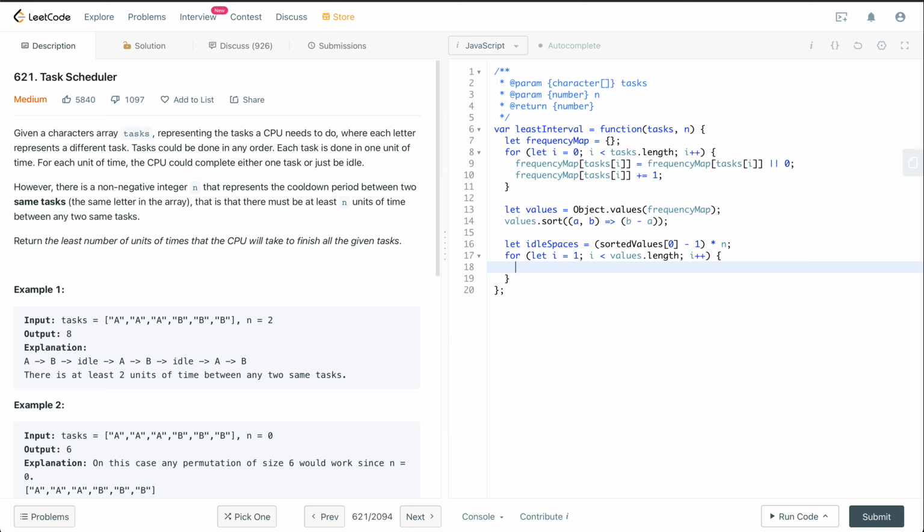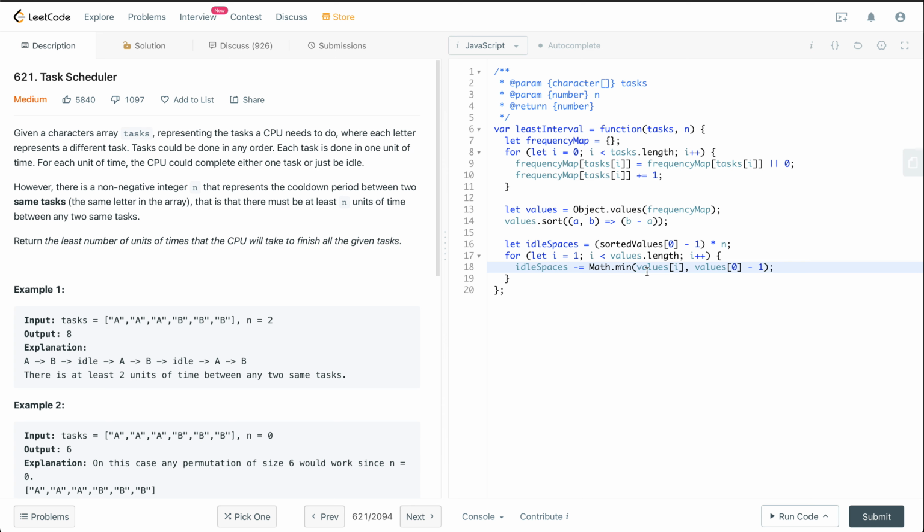So now we'll start with the tasks which have less frequency as compared to the highest one. So idle spaces, I'm going to decrease that amount. This is something to understand. This is going to be the minimum of values of I and values 0 minus 1.